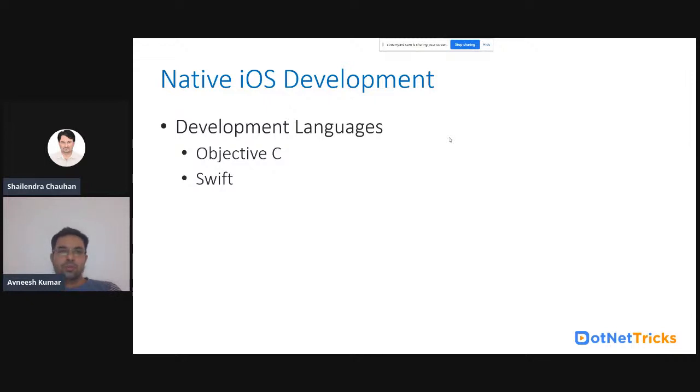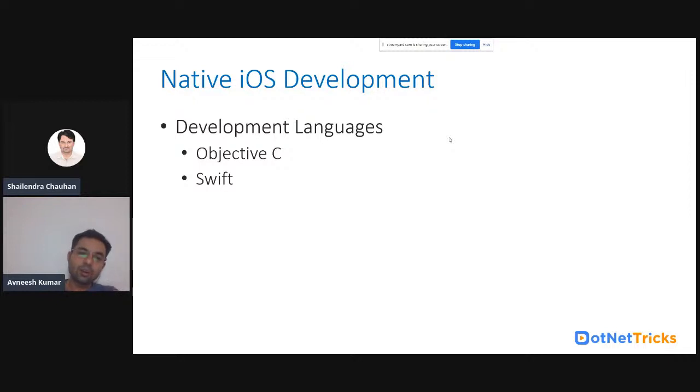Now, to develop an application in iOS, you need to learn Objective C. This was used in the past to develop iOS native applications, but as the era is moving very fast in terms of technology development, they moved to Swift. If you see the Swift syntax in any application, you can download it from Google and see how the Swift language looks, very similar to JavaScript, but pretty much more difficult than Java.